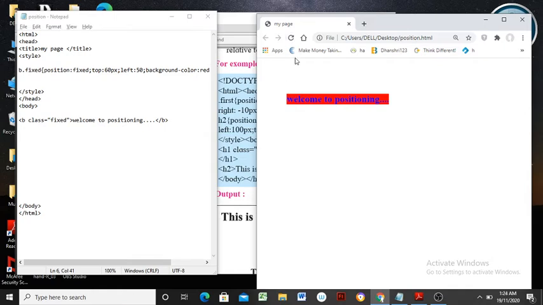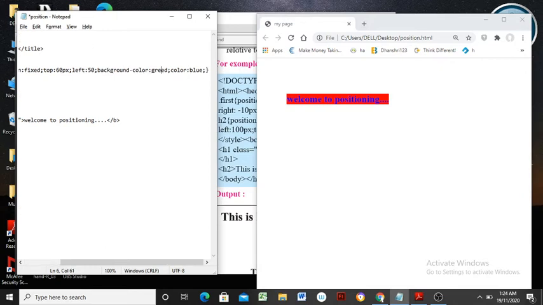Basically 60 pixels at top is already given. If you want to change colors, it is possible again. If you want to apply a new color as the background color, I'm going to change the background color here, applying green.